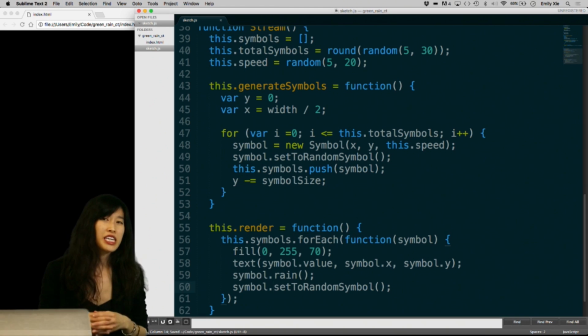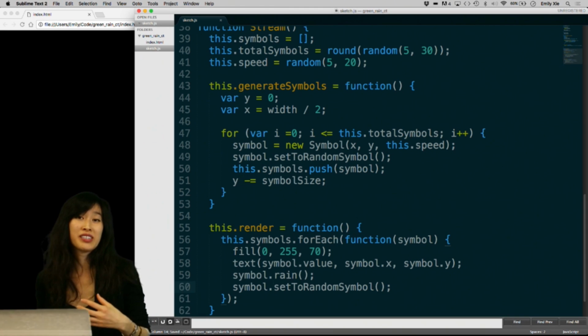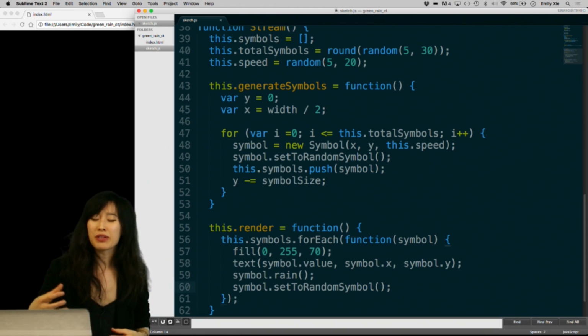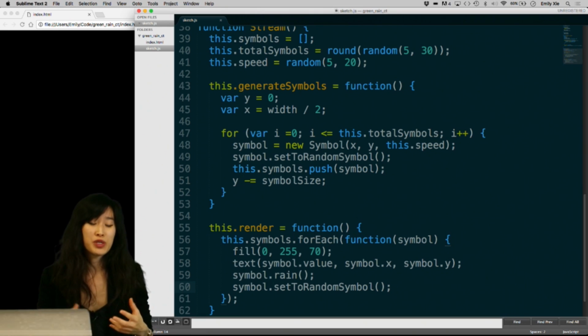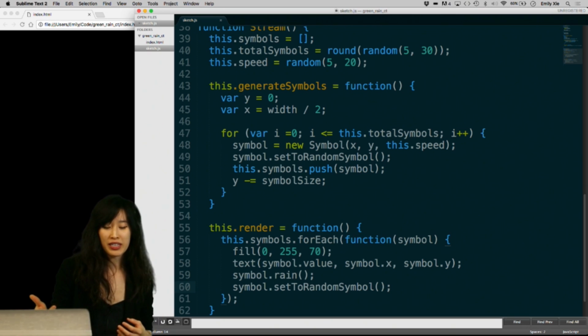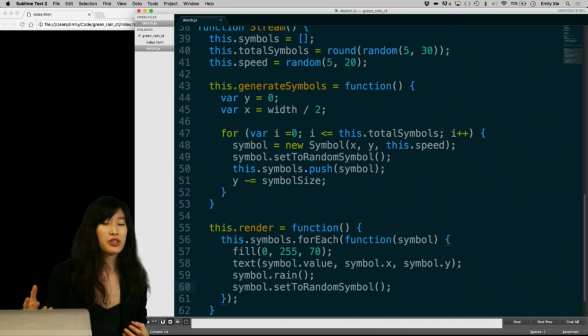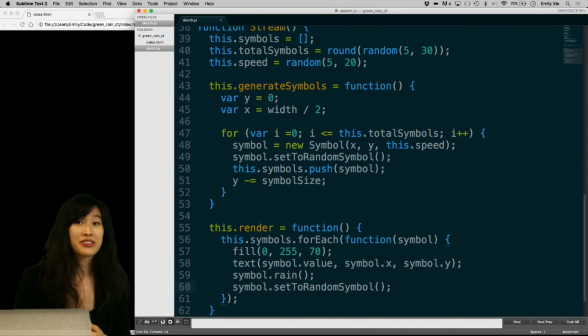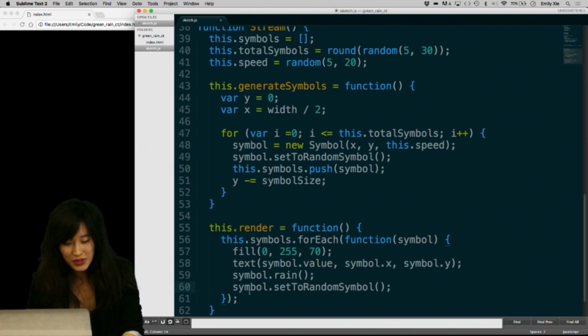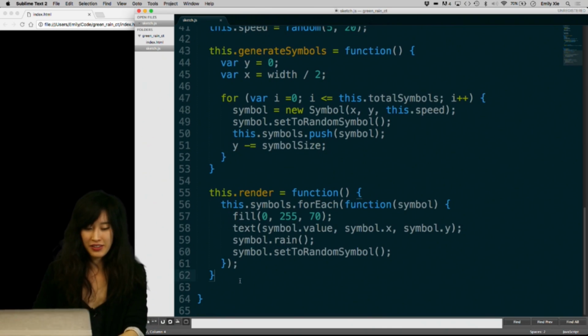And by the way, keep in mind that there is more than one way to skin a cat. You can keep it so that it is the symbol's responsibility to render themselves and organize your code in such a way, but I prefer it this way, and I think ultimately it will make the code look just a little bit nicer and easier to read. So now that we have our stream class figured out,